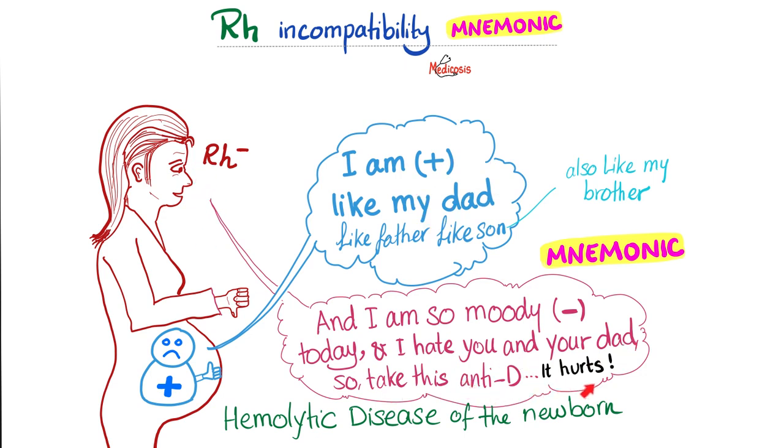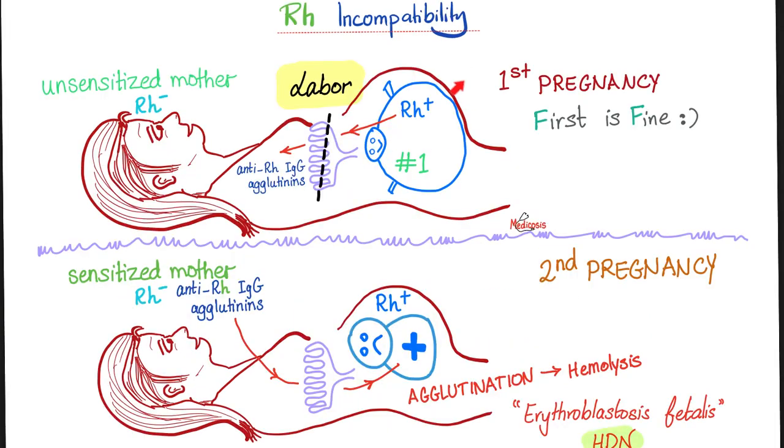Oh, it hurts. Hemolysis. During the first pregnancy, the antigens will leave the baby's blood and will go to the mother via the placenta. This is the D antigen. Okay. But then the mother will be sensitized. The mother will develop anti-D antibodies because the mother has never seen those D antigens before. In the second pregnancy and all the subsequent pregnancies, these antibodies will pass from the mother to the baby via the placenta, and they will destroy the baby's blood.